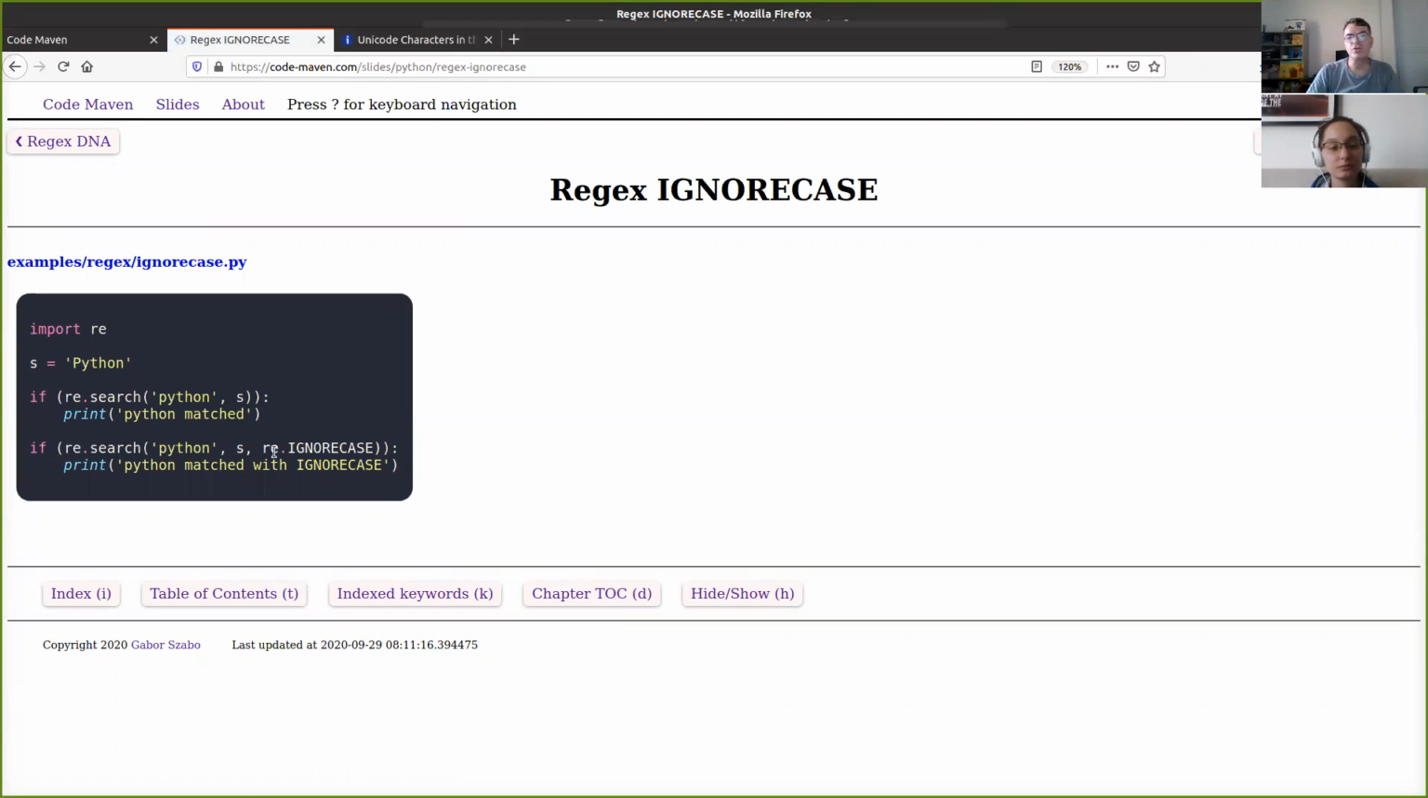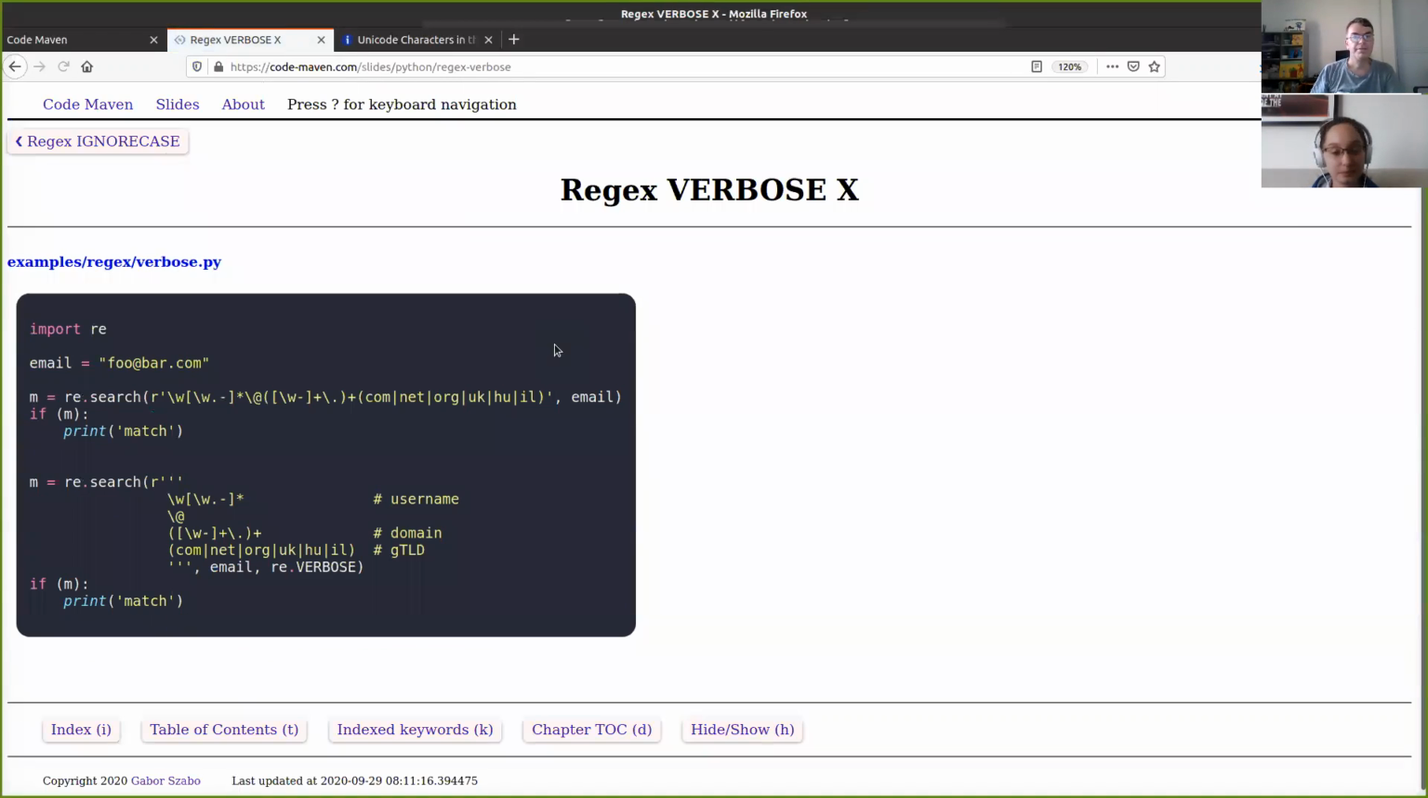Okay, so there is this ignore case parameter that just ignores the case. So, okay, I mean, not very useful. Okay, rarely needed. This is actually a very important one, the verbose. So you can also put RE verbose there as a parameter, as an option. And that allows you to break up your regular expression into multiple lines. And to put comments in your regular